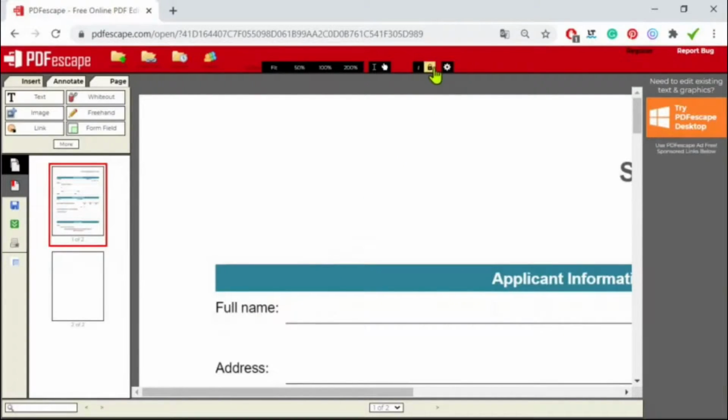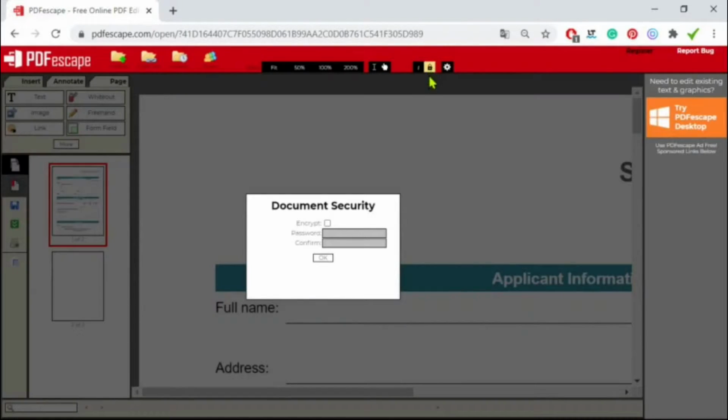This lock here gives you the chance to protect your document with a password. If this is important for the project you are working on, you just have to start by checking the encrypt box, and then you have to type in a password and confirm your password. Click OK.